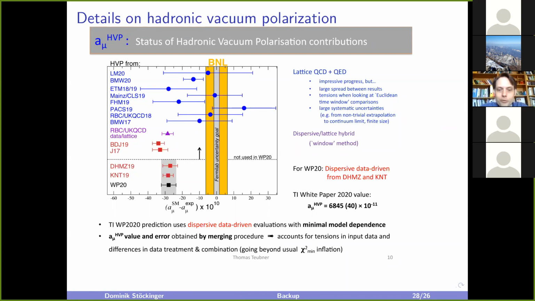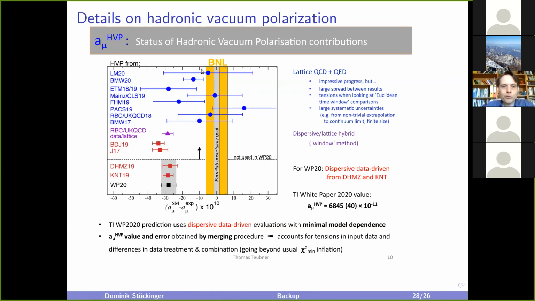So of course, the lattice results are extremely promising. And you see here this blue cloud of data points from the different lattice calculations. And the new lattice result that everybody is talking about is this BMW result here, the second from the top, which has a much smaller uncertainty than all the other lattice results. And the current result which is used for the standard model prediction is the gray one at the bottom, coming from these dispersion relations. And okay, so the first statement to make is, of course, that the lattice result is making really a tremendous progress, and this is extremely promising.